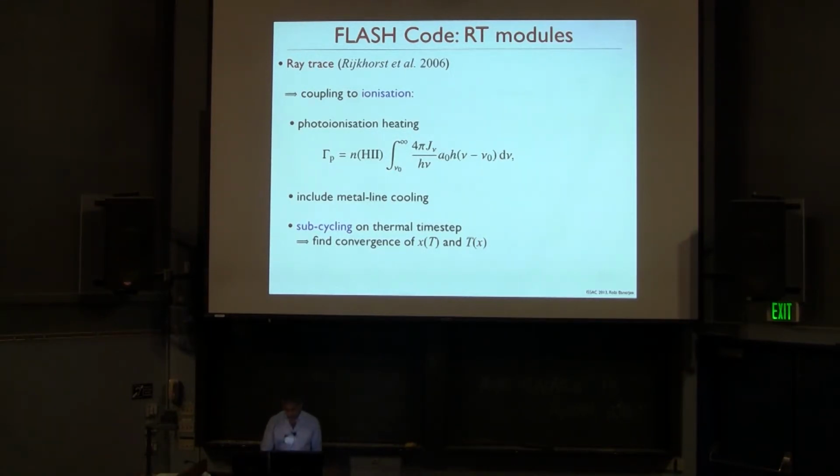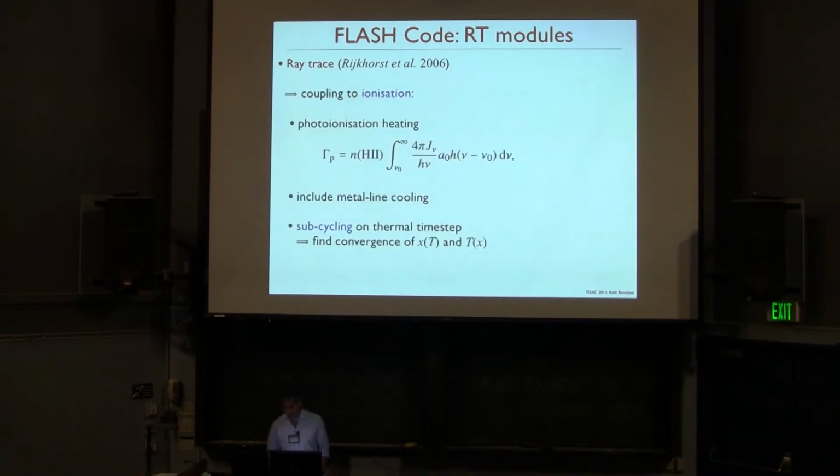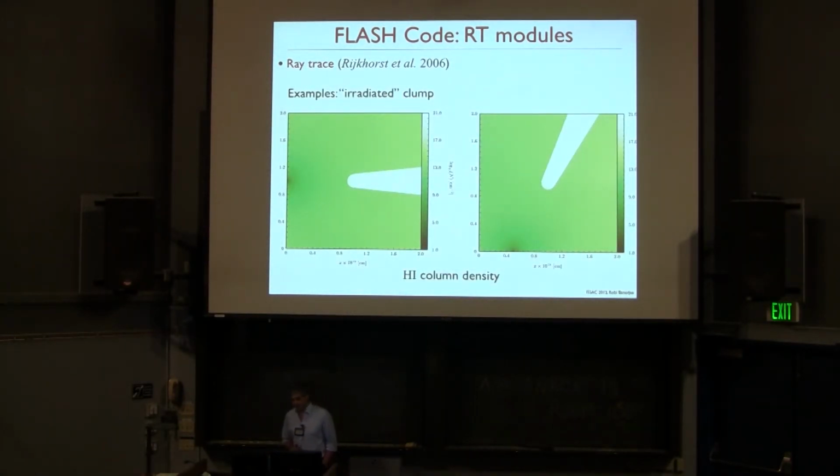And because this is a fairly stiff equation, solving the rate equation here, what you have to do is essentially subcycle. You use your thermal time step for this particular problem and try to find a converged solution for the ionization fraction and the temperature, which depend on each other. Okay, this is a summary of this ray trace approach from Reichhorst,